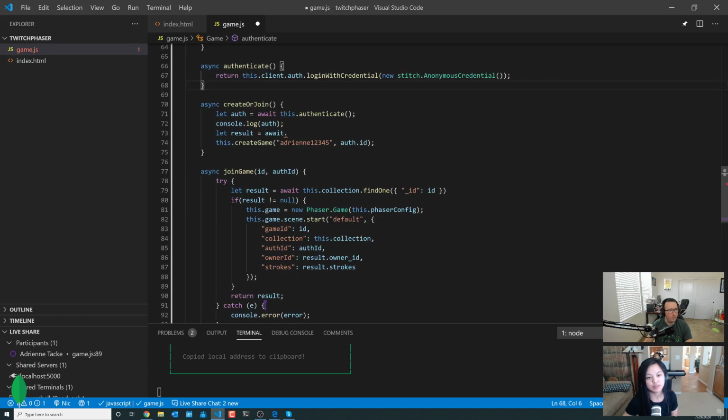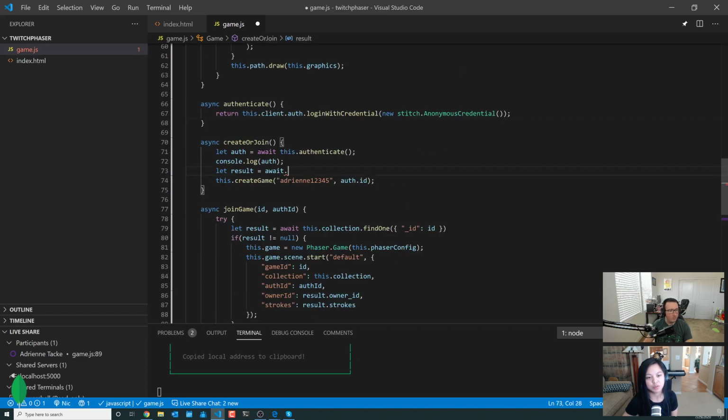We want to try to join one first, and then if we don't find one, then we create the game. It automatically added this for me when I saved. I did not. I think it automatically added. Oh, fancy.